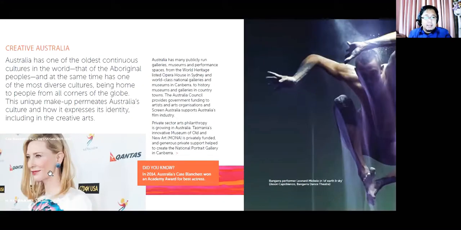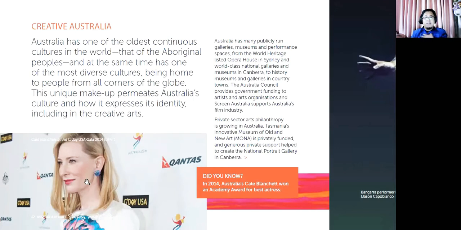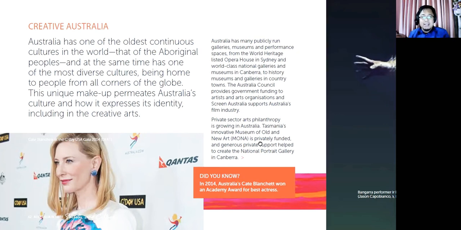Did you know? Okay, so I think I have watched a Kate Blanchett movie. I like her appearance and character in the movie The House with a Clock in Its Walls. It's about the mystical story for children, and I really like that. So Kate Blanchett is the Australian character, I think together with Nicole Kidman and Hugh Jackman. Yeah, and also the actor of Thor, you know. So I really appreciate their acting.